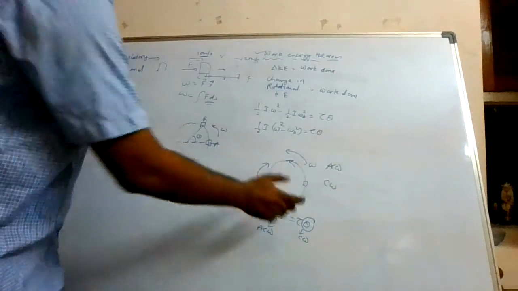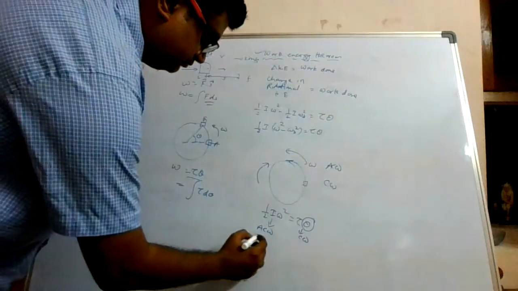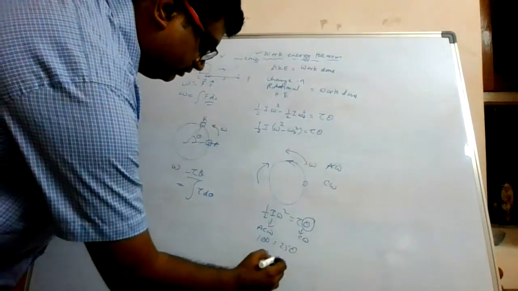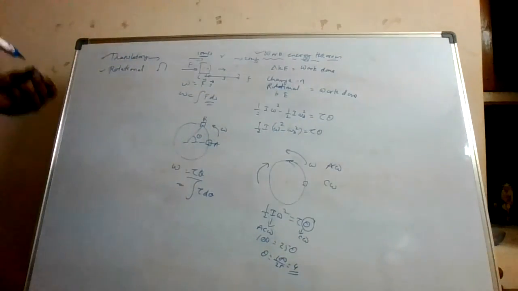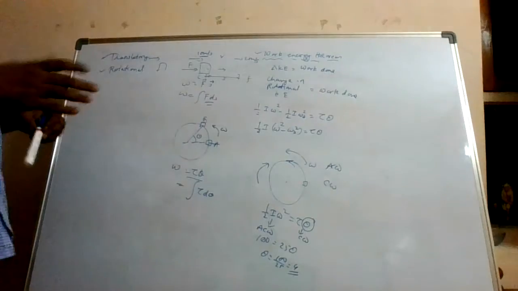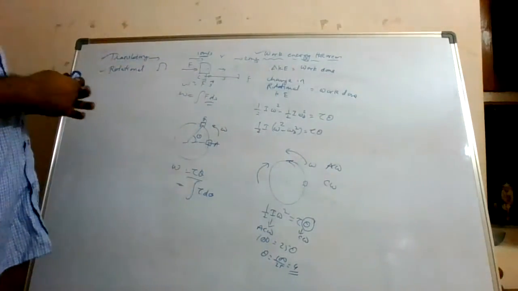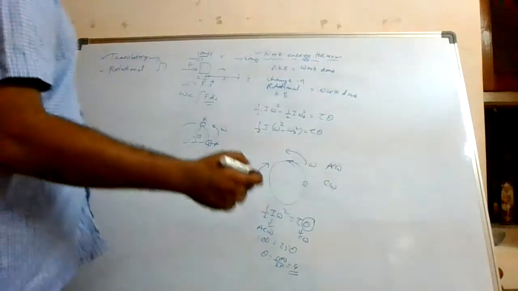So you know how much torque has to be applied. Suppose this is 100 joules, okay, torque applied is 25 theta. So what is theta now? 100 by 25, okay, 4 radians. 4 radians means we can convert this into rotations also. Remember, if they ask you number of rotations, theta is the total angle rotated, okay.